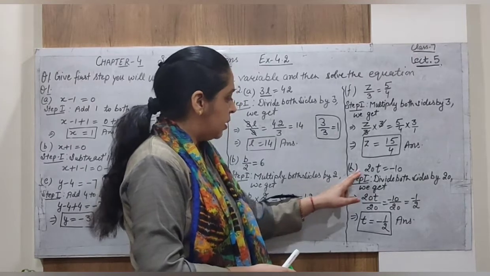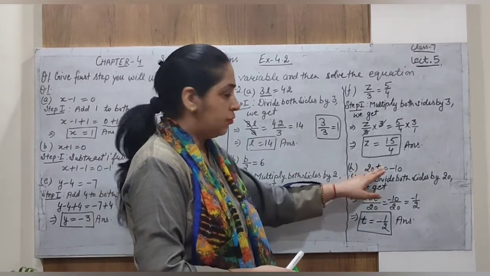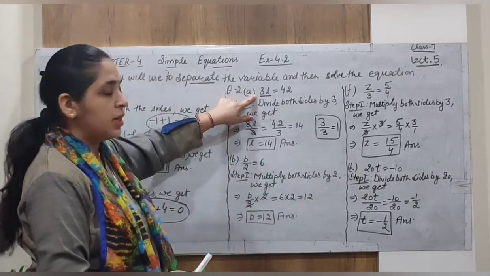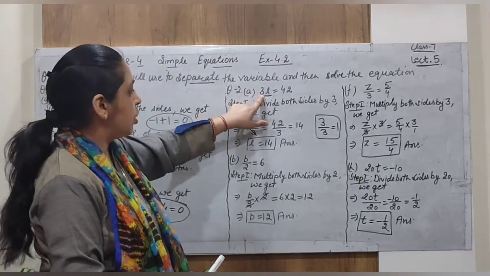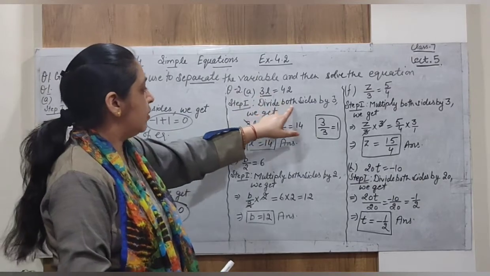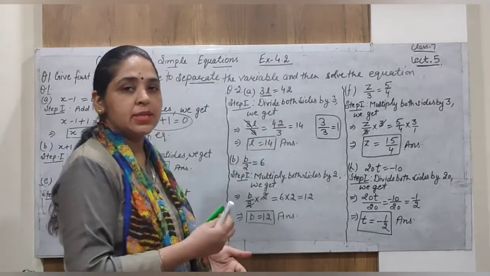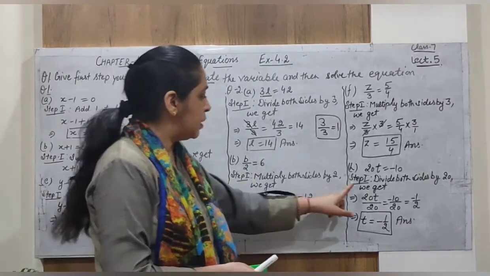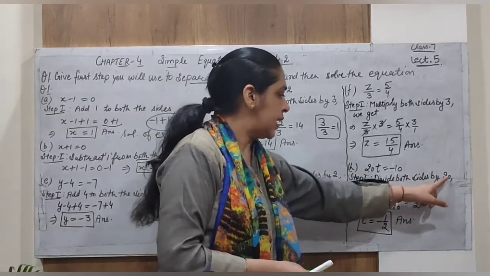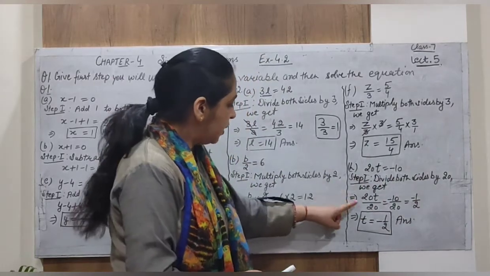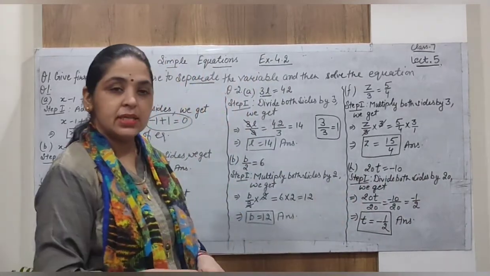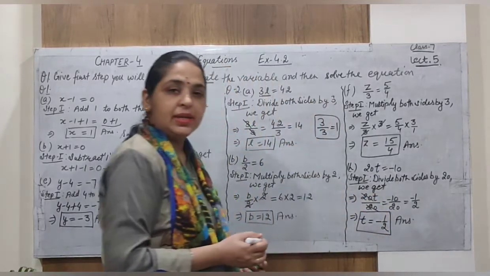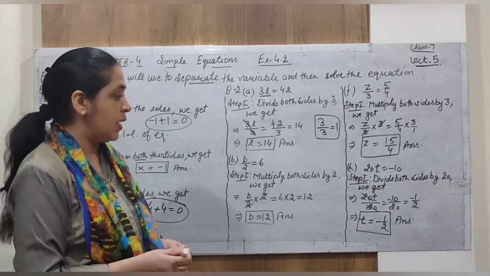So the first step, when we want to remove 20 from the t, that is in multiplication, how can we do that? We have done this in the A part. When we wanted to remove 3, what did we do? Divide. The opposite of multiplication is division. The opposite of division is multiplication. So the similar process: divide both sides by 20. When we divide, the 20 cancels out with the 20. Alright, now this is cancelled out. We are left with only t, that is the variable.